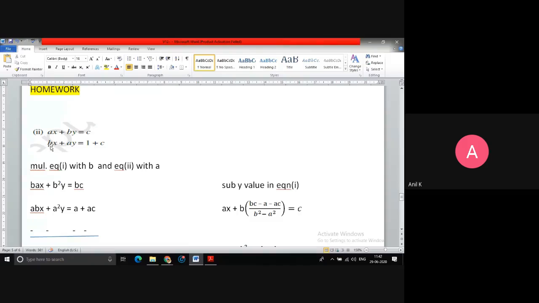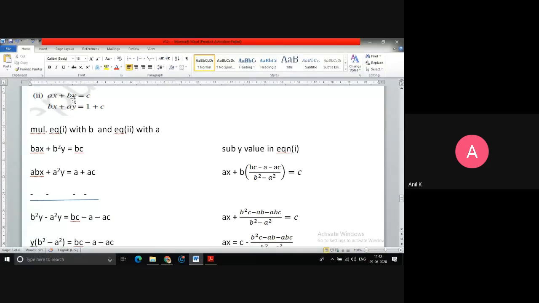But if you observe these questions, here the x and y coefficients are not numbers, they are alphabets a, b, here it is b, a, and the constant here is c, and the second equation's constant is 1 plus c. Now, how do you solve these equations for the x value and y value? Here the value of x and the value of y are both going to be in terms of a and b only. Now here again I use the elimination method only. I feel it is appropriate, or maybe you can use the cross multiplication method also. Whichever you find convenient, you can go for it.